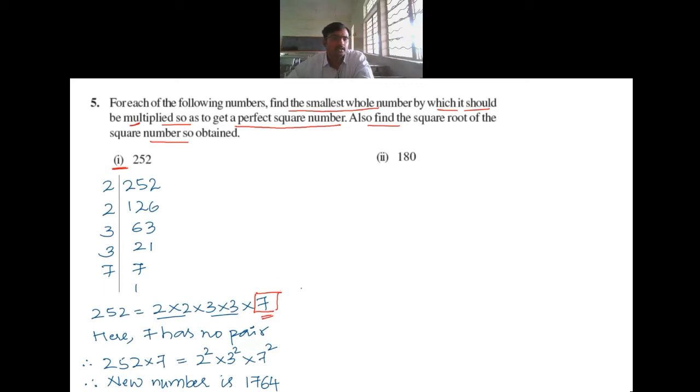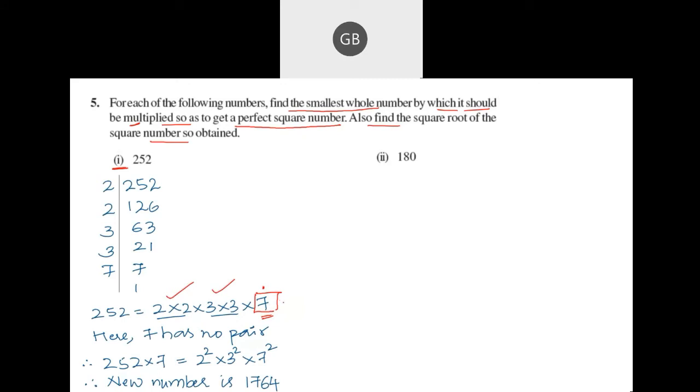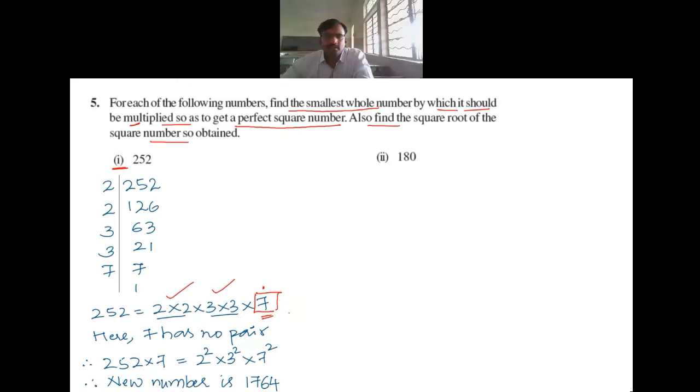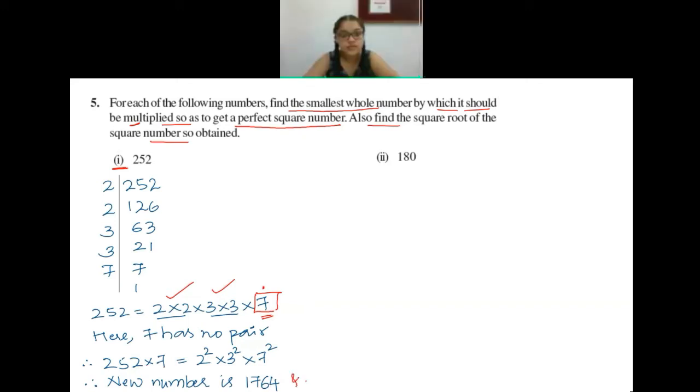Basangoda is telling that the remainder should be multiplied. Actually, it is not a remainder. We are not doing exact division. It is prime factorization. So when we do prime factorization, we have pairs except one number. To this, you have to make a pair. So you have to multiply 7 on either side. When you multiply 7 to 252, we get 1764, and the root of 1764 will be what?